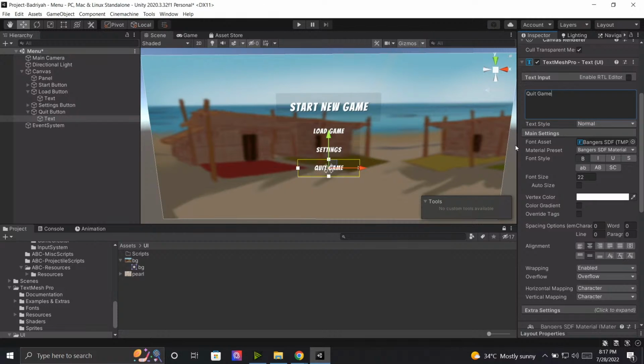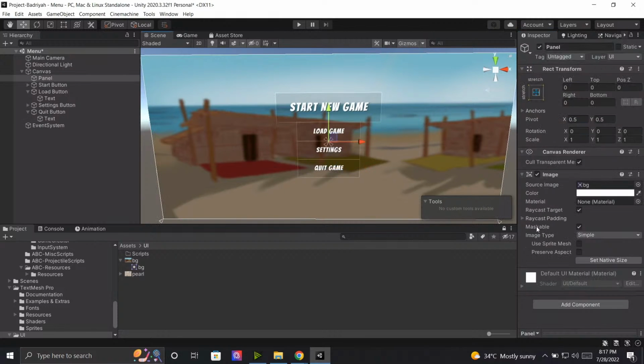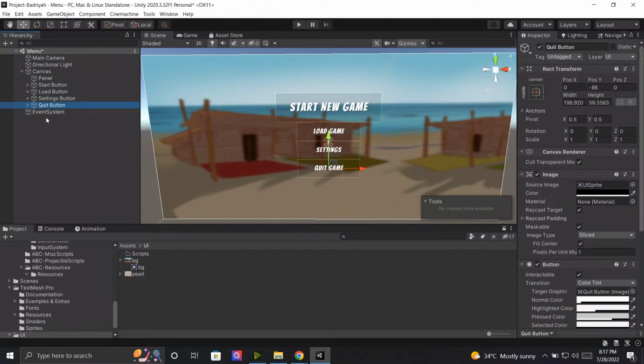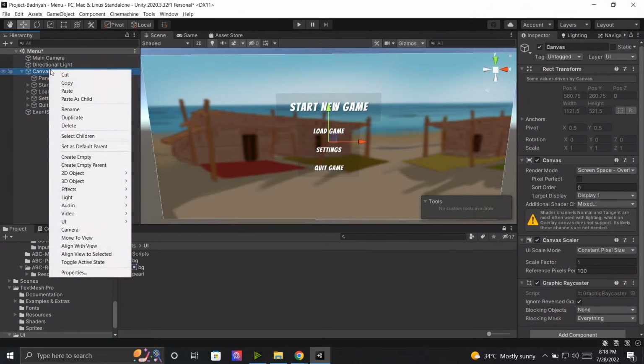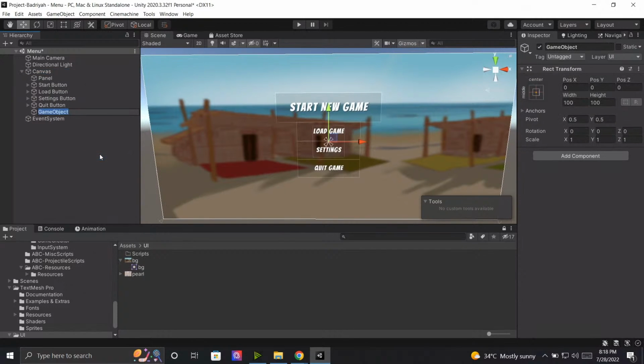Quit again. All right, let's put all these buttons inside an empty game object, I guess, just so we can make them move together, and also we can put a script to that so that these buttons actually can start working. Let's call this game object menu,